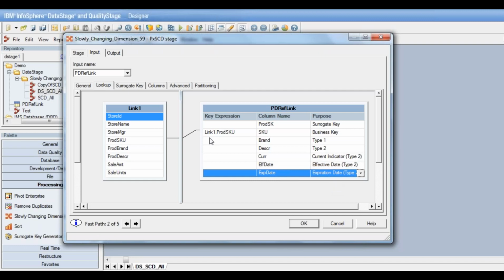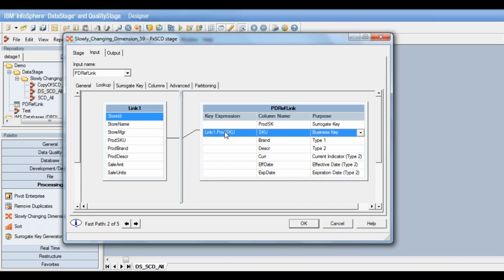So on this tab, the only thing that we need to do is first define the key on which we want to perform the lookup, or based on which we want to join with the dimension table. So this is the key that we need to define. Same as in a lookup stage, as we define a key, we just have defined the key expression, and we need to define the purpose codes for the columns. So next, instead of going tab by tab, we just need to follow the fast path. So it will take us to the appropriate tab in a sequential manner, the one that needs to be set after this.